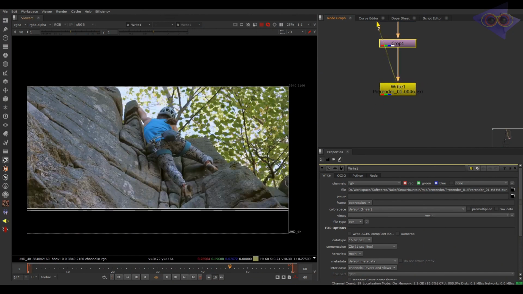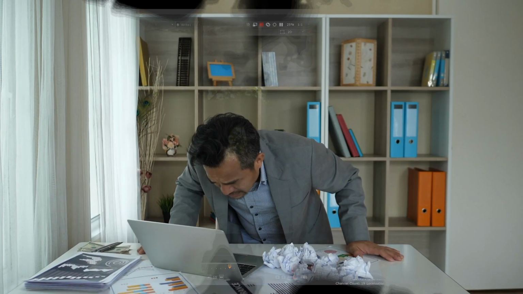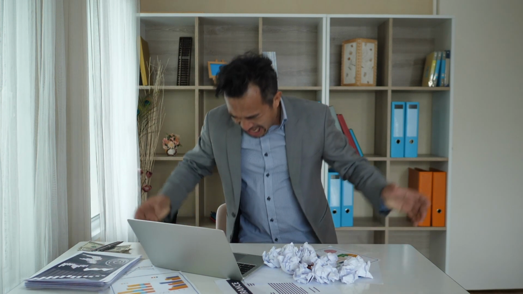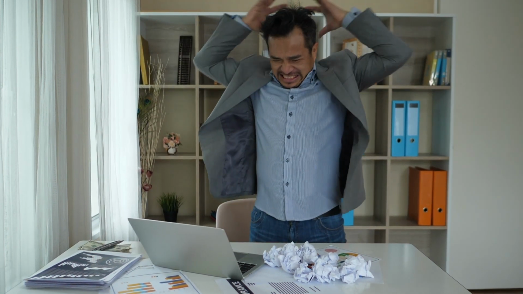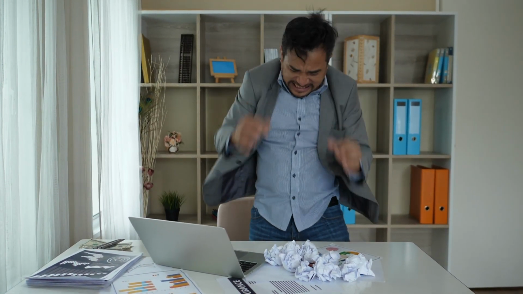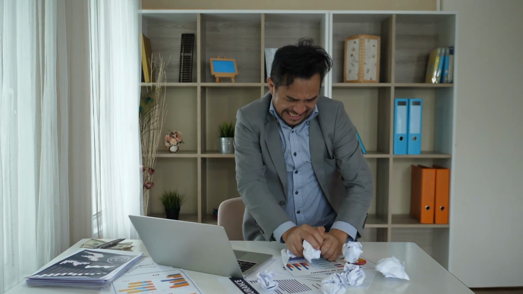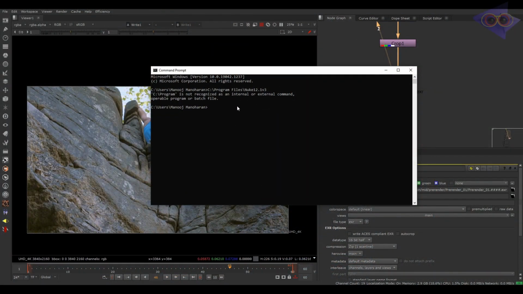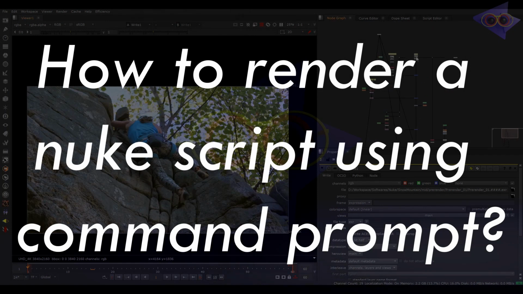So I know many of us are not so excited when it comes to rendering and all this stuff, that too on tight schedules. Many times it's hard to open the Nuke script itself and find the right node and then render. It's a long procedure, isn't it? So I suggest you use the command prompt in Windows, as I'm a Windows user and the tutorial is